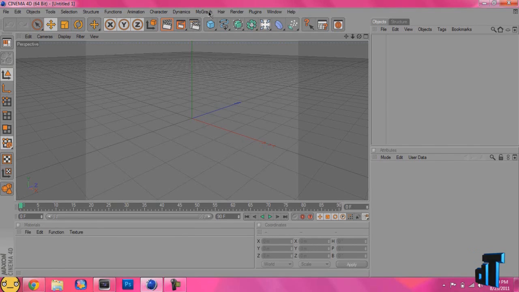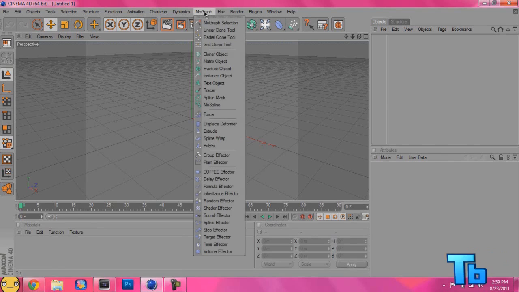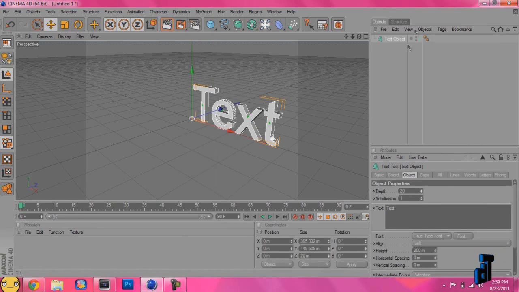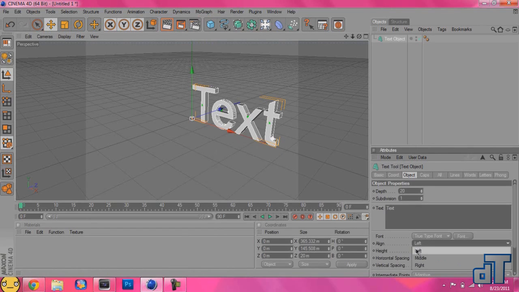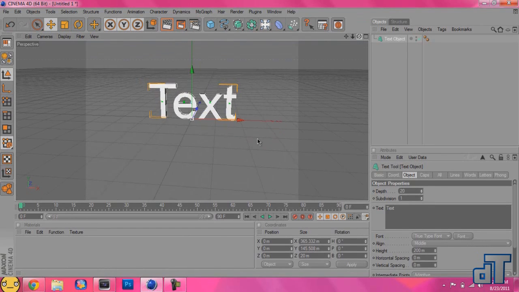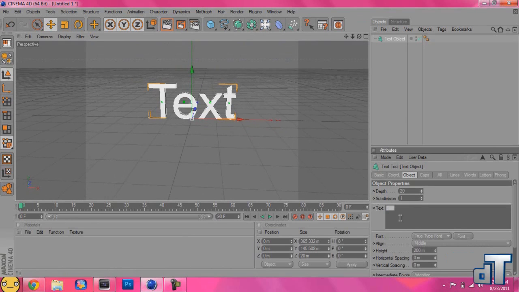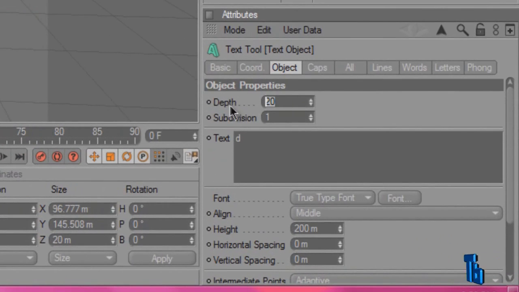same payoff. So go to MoGraph up here and click on text object, and then it'll open up a thing that says text. Now I'm going to move mine into the middle, and just highlight this text down here in this text box and type in whatever you want to say. I'm just going to make the same one that I have down here, DT, so I'm going to make this